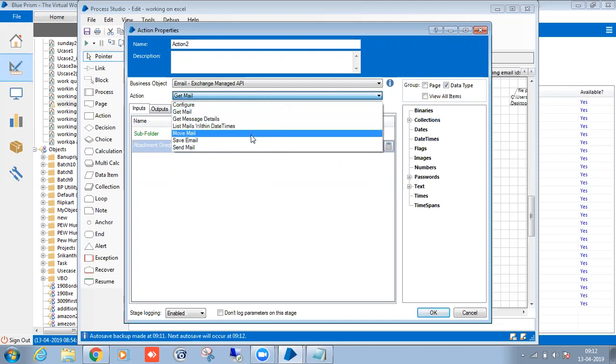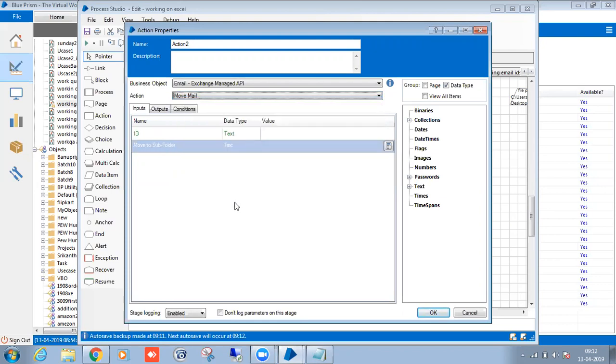Okay, so if you want to move the mail also, you can move it to a particular folder. Suppose you have done a successful transaction, so what will you do? My client was telling me that between 9:30 a.m. and 10:30 a.m. I will receive some mails. In every mail there is data, suppose orders. Consider orders, everything, all the details will be there in the mail.